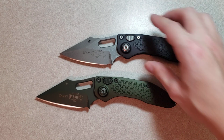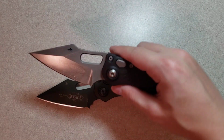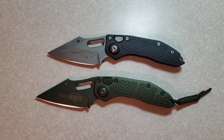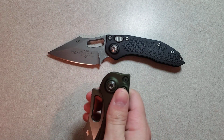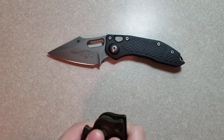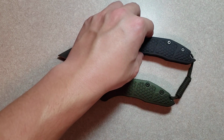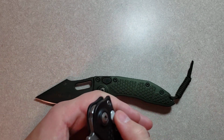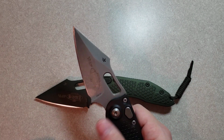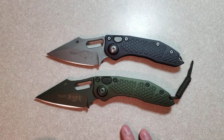Yeah. We'll talk about the action. I know a lot of people are big into the action. I don't really care. It fires hard. It fires fast. Both of these fire harder than my LUDT. Could it be the weight of the blade? Probably. But it's amazing that this knife is faster than my LUDT because not only does it fire harder, but